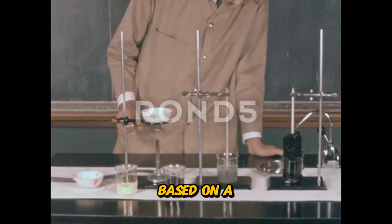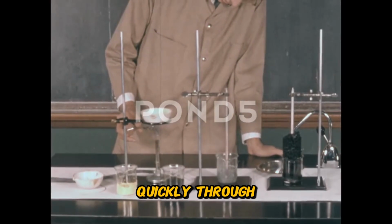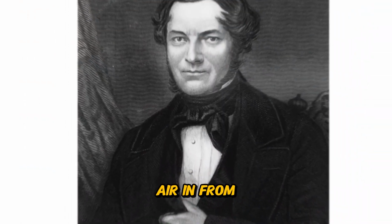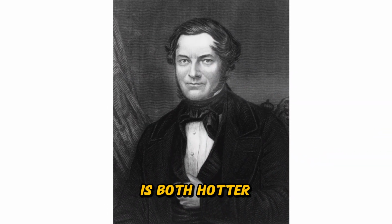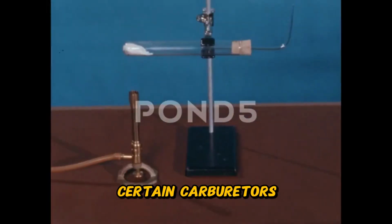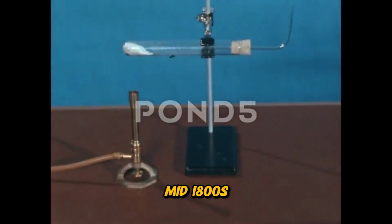The idea is based on a principle known as the Venturi effect. When gas moves quickly through a narrow opening, it creates a pressure difference that pulls air in from the side openings. This blending of air and fuel improves combustion, producing a flame that is both hotter and more stable. It's the same principle that makes certain carburetors work, or helps perfume spray from a bottle, but in the mid-1800s,